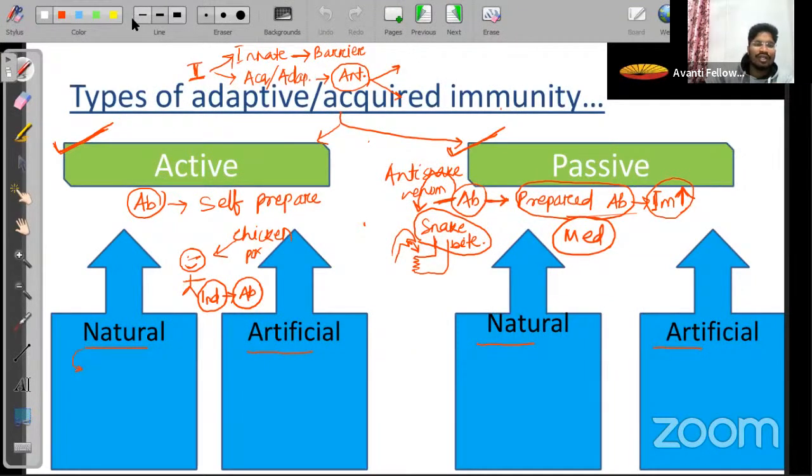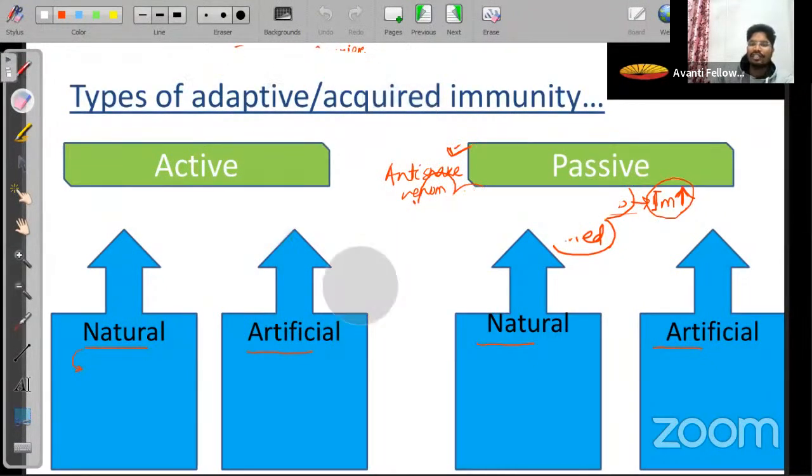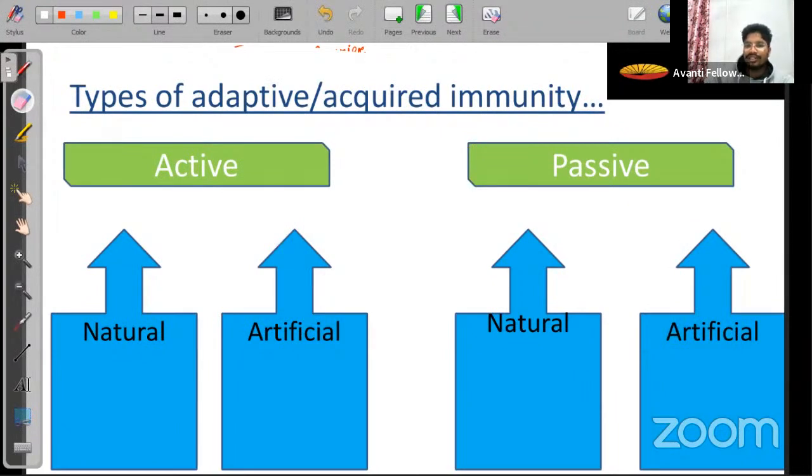Next will be your different types of immunity. Different types of immunity के बारे में बात करेंगे अभी. That is acquired immunity. Different types of acquired immunity. If you are talking about different types of acquired immunity, again it can be of many types, in the sense that either it can be active or it can be passive. Active means when we gain the immunity during our lifetime. अपने lifetime में immunity हम लोग gain करते हैं, but